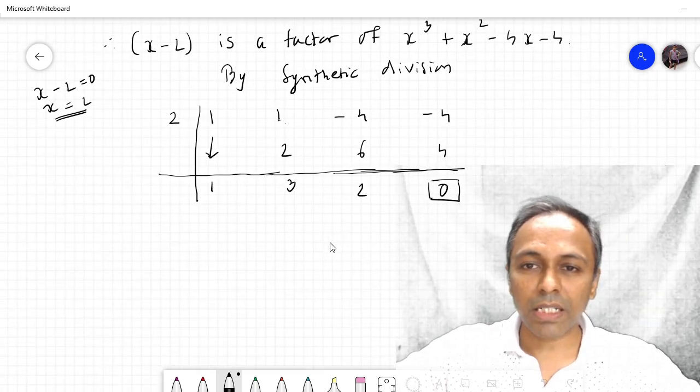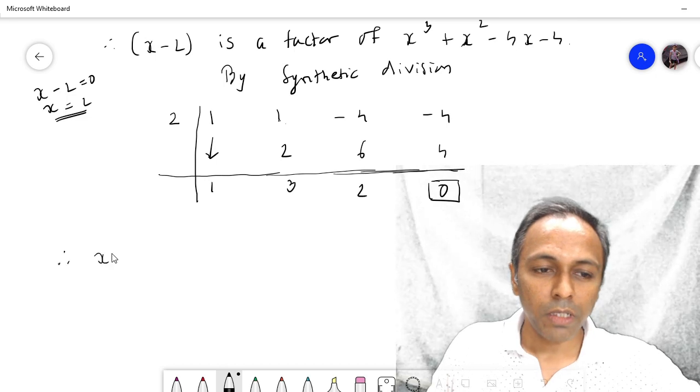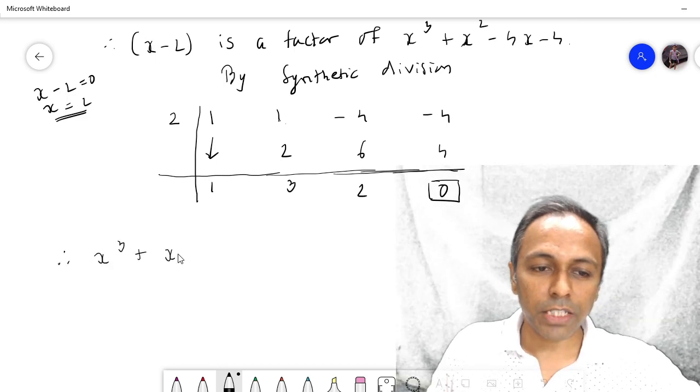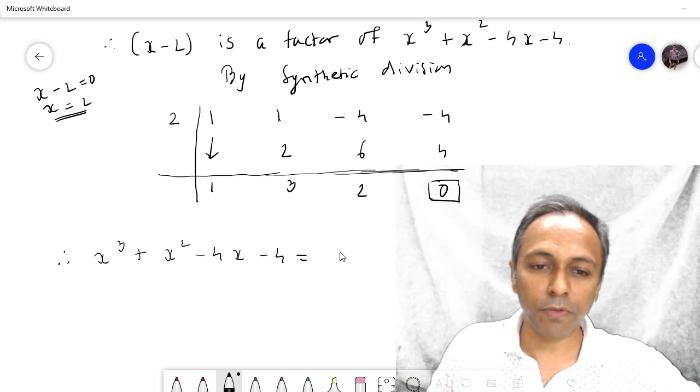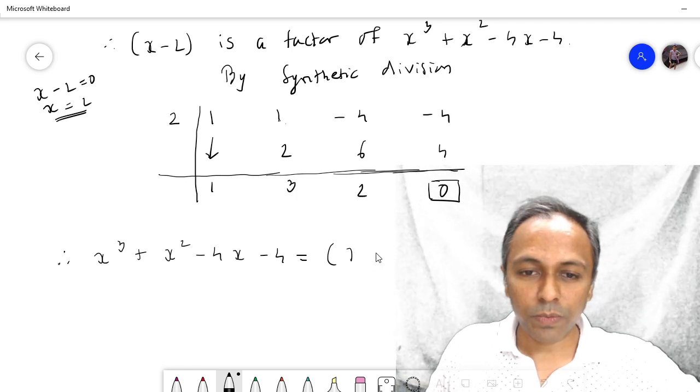हमें क्या करना है, फैक्टराइज कंप्लीटली बोला था. So we will write, therefore, we are rewriting the question. X cube plus x square minus 4x minus 4 is equal to, write x minus 2